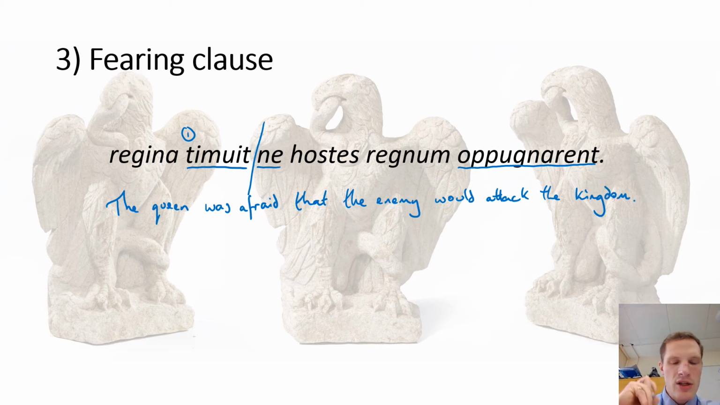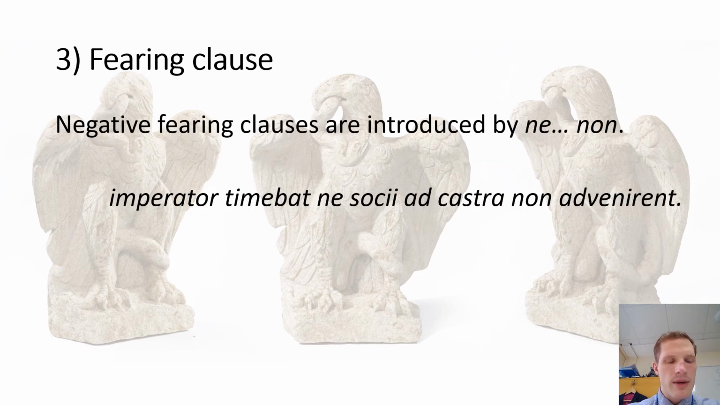So our translation: the queen was afraid, that's our verb of fearing. That is our ne. The enemy would attack the kingdom. So we can see that both in the Latin and the English, we have those three components in the sentence that show that we have a fearing clause. Now, the only extra thing that we need to have a look at is